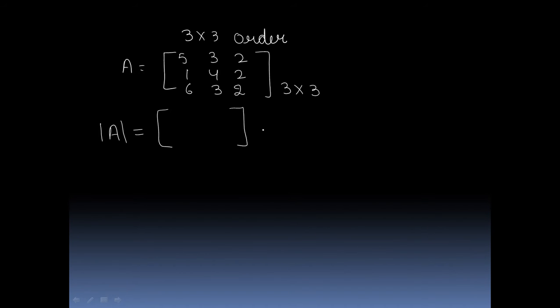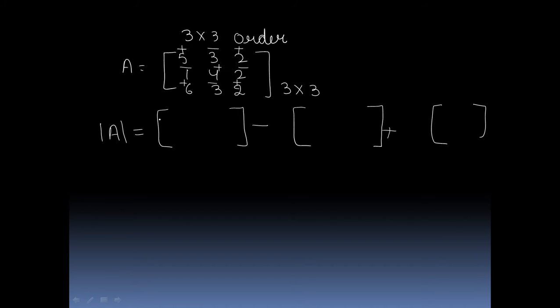Take these square brackets 3 times because there are 3 columns. Then put the sign between. Signs we will take like this: plus, minus, plus, minus, plus, minus, plus, minus, plus. Now here we take the sign. Plus is by default, then minus, then plus.